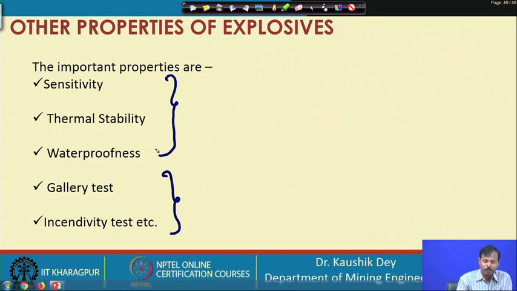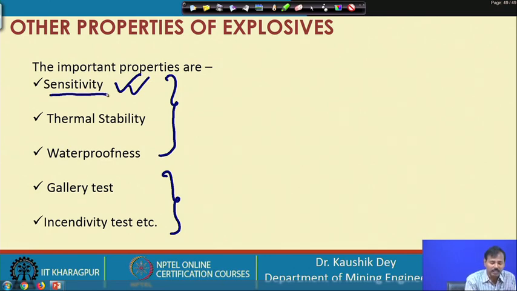If you recall, when we were discussing the invention of the dynamite by Sir Nobel, we discussed sensitivity. At that time we discussed that sensitivity should be such that the explosive should not be too sensitive, that means there is a chance of premature explosion during the handling of the explosive. Neither should the explosive be too insensitive, that means we need a huge amount of shock energy to explode the explosive. So, that is why sensitivity is very important.